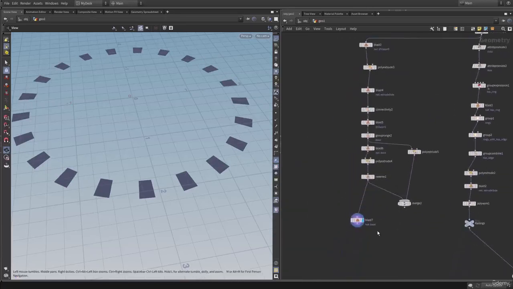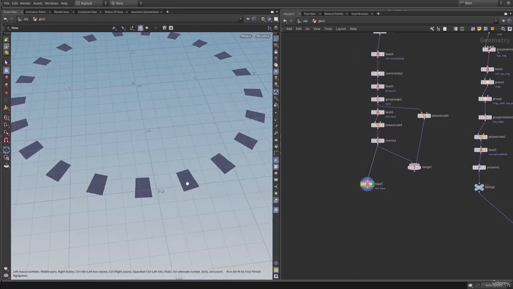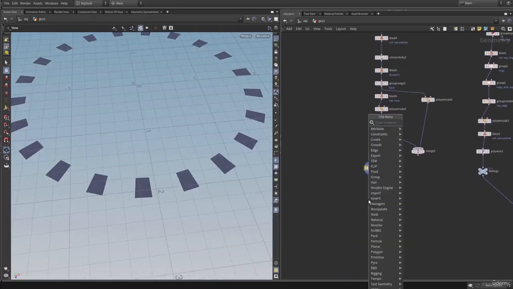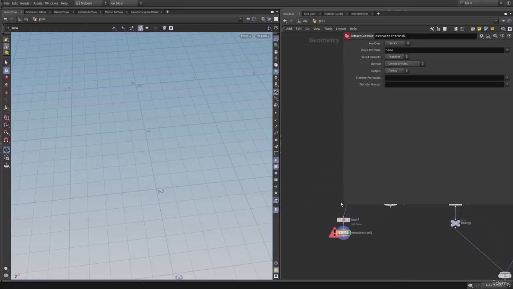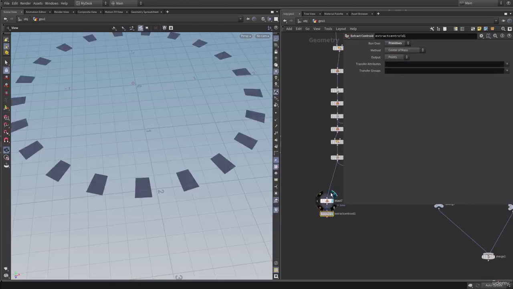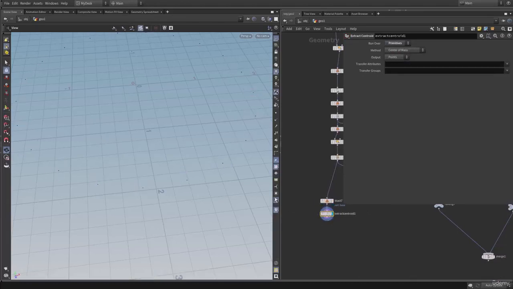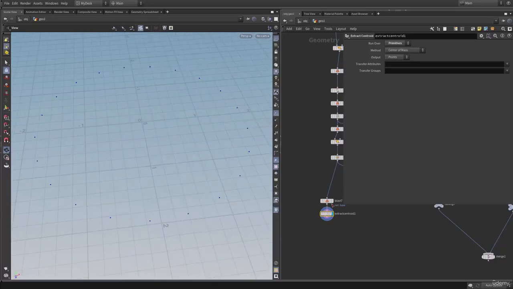So let's go back at the base, and now let's add the point at the center of each primitive. So let's add a node called extract centroid. Let's connect that. So here extract centroid is expecting a name attribute, so currently we don't have the name attribute. So let's change this where it says run over pieces. So let's change this to primitive. So now we are running on every single primitive. Okay, so if I enable my points, as you can see we have the points at the center